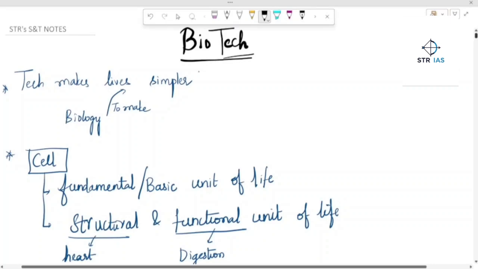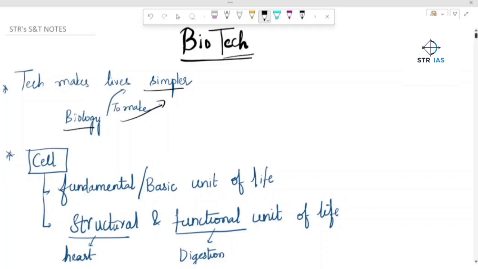Technology is nothing but something which can make your life simpler. Biotechnology is nothing but using biology to make your life simpler. So biotechnology is a subject which uses biology to make our lives simpler. When you speak about physics or chemistry, you'll be telling that the atom is the basic or fundamental thing. Every subject has a basic or fundamental thing; in biology,